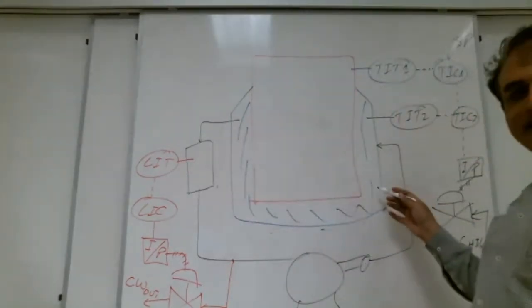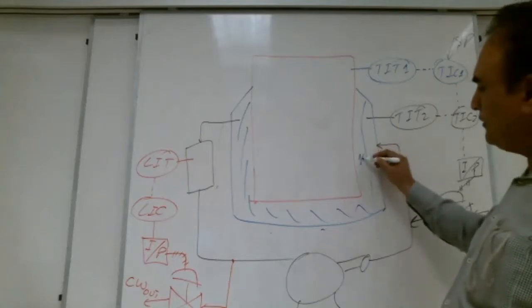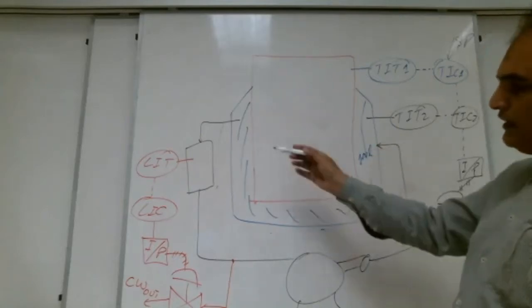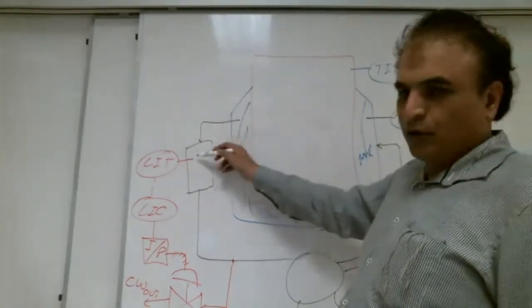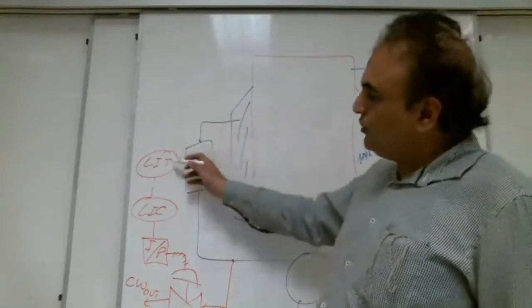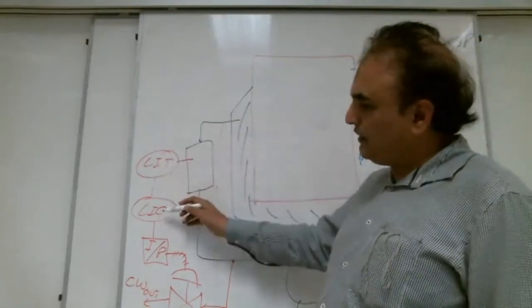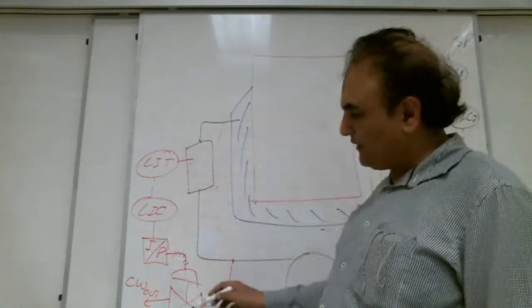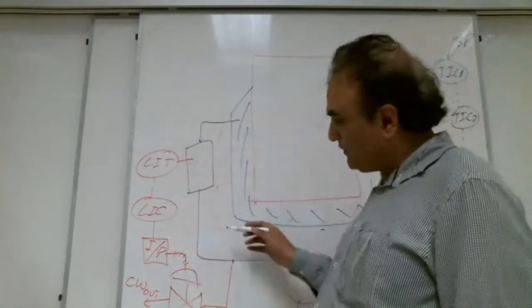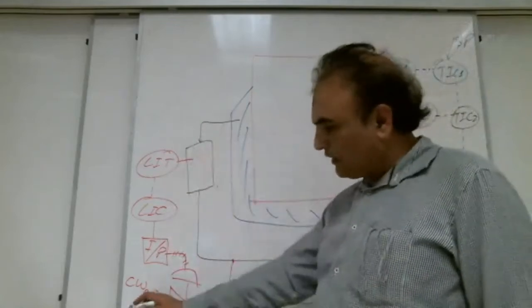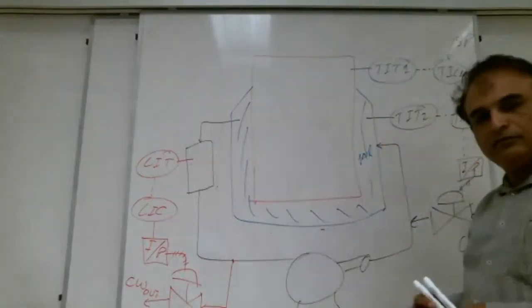Now obviously this jacket has a limit. Imagine 100 liter. It can have 100 liter. After 100 liter, this level will be more in the side glass. So we have put a level transmitter here, level indicator here, I2P converter is there, valve is there. So if the level is increasing, the water will go outside.